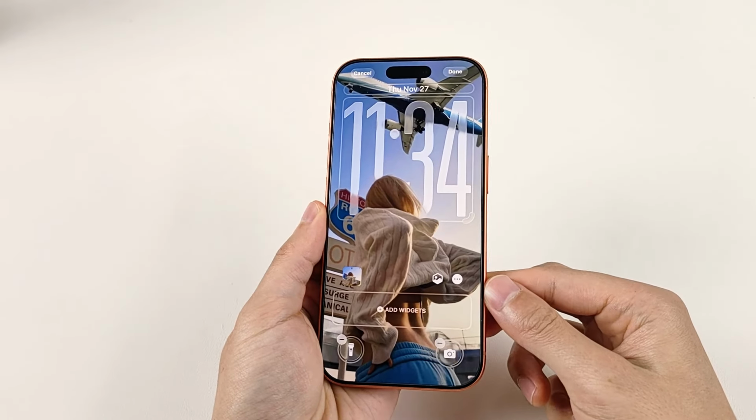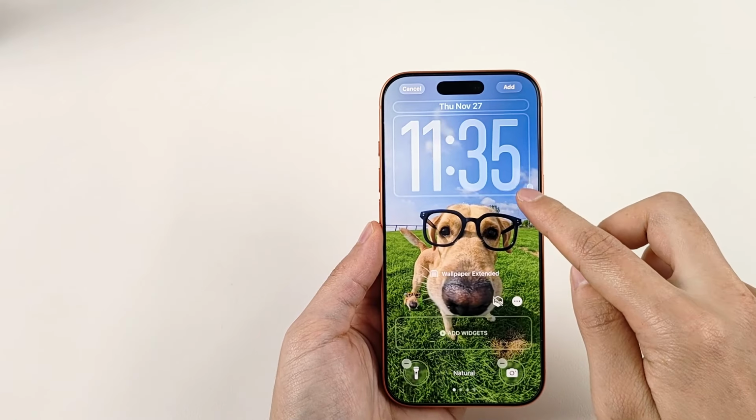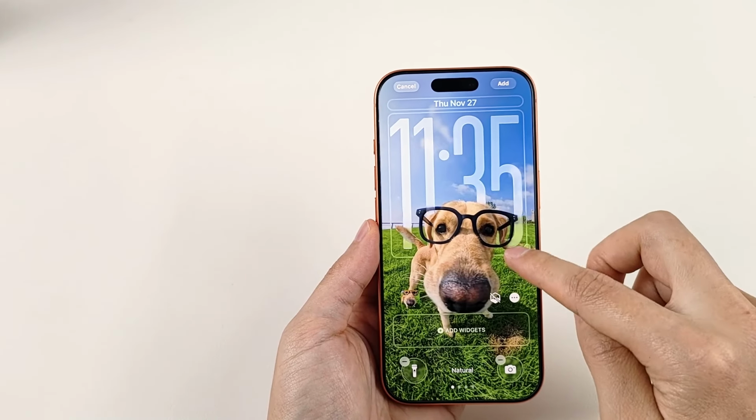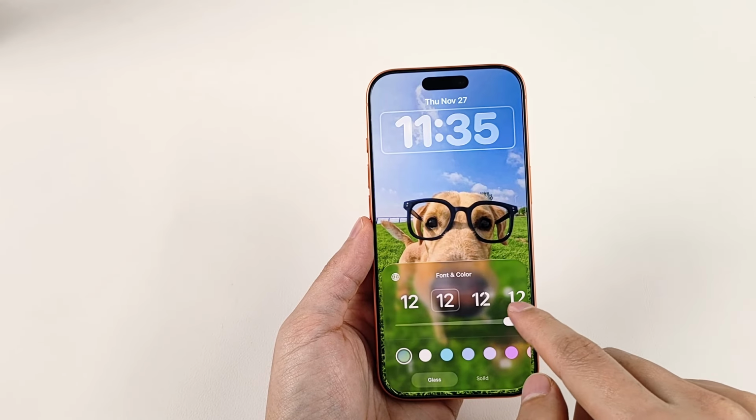Next we have adaptive time. In short, iOS now automatically detects the subject in your wallpaper and adjusts the clock size and position so it doesn't block the face or the main subject. Everything looks much cleaner. Still on the wallpaper editing page, tap under the clock, then drag up or down to